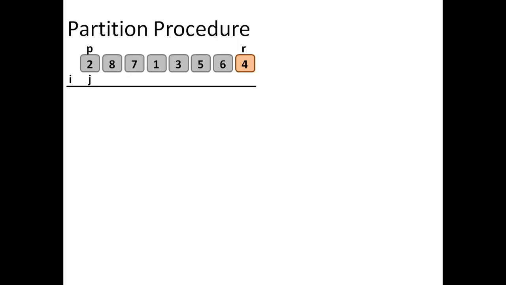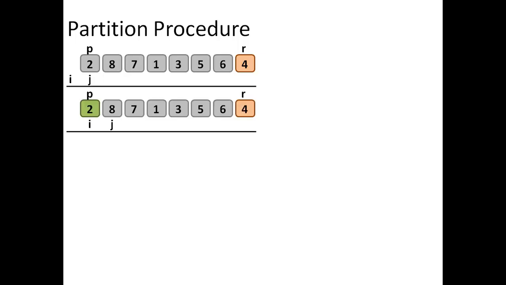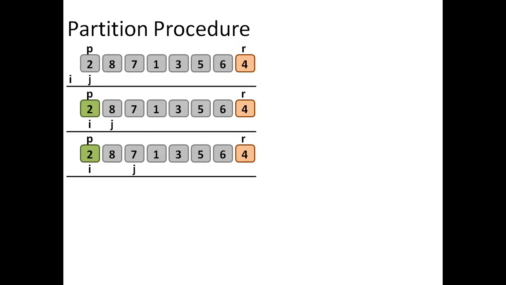So here A[J] is equal to 2 and A[R] is equal to 4. So 2 is less than 4. Thus, we have to increase the value of I and swap, that is, 2 is swapped with itself. Now we have reached the element 8, as is marked with J. Is 8 less than 4? No, it is not. So we have to do nothing. We will simply increase the value of J by 1.